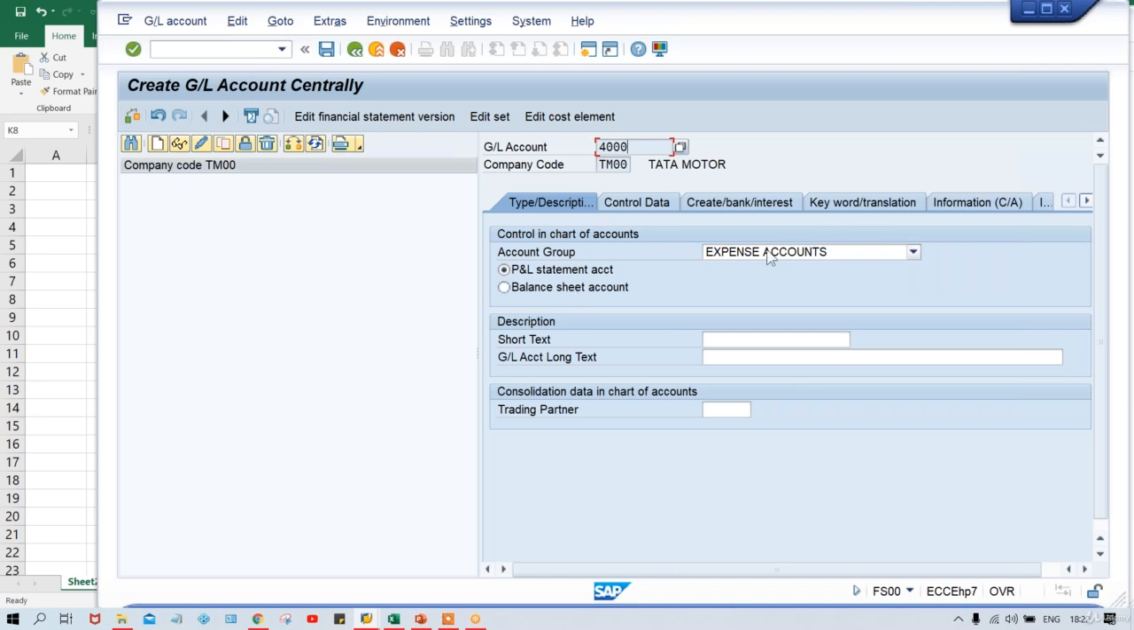So now here I have selected the expense account group, and this is part of the P&L statement, because we know that the rent account is an expense, so it's part of P&L. Expense and revenue are part of P&L, and assets and liabilities are part of the balance sheet account, right? So now here I'm going to give